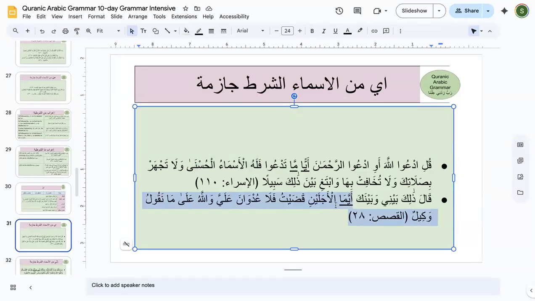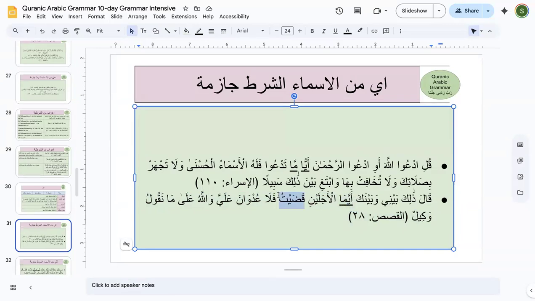So ayyama, ayyamal ajalaini qadaitu. Then whichever of the two terms you complete, فَلَا udwana alayya, then there is no animosity against you. And these were the words said to Musa alayhi salam by his future father-in-law. He offered him the two terms to complete, 8 to 10 years, if you all remember from Surah Al-Qasas. So in here, if I ask you, if this is being treated as adatu shart, what will I call